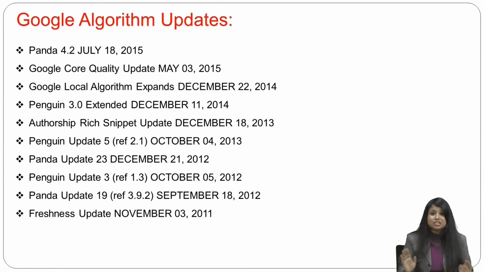Search marketers having an idea about the dates of Google algorithm updates will help to explain the fluctuation that exists in ranking and in organic website traffic, as we have described. So this history of Google's algorithm changes, having related impact on search results, is highlighted, which can be critical for search engine optimization. So the first, 4.2, July 18, 2015,